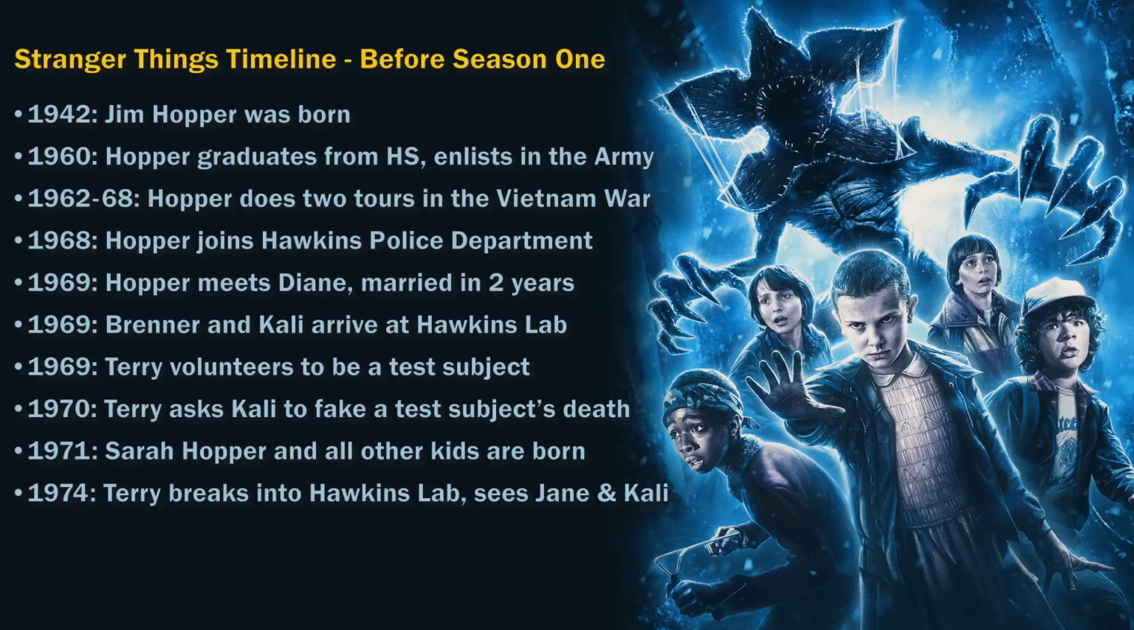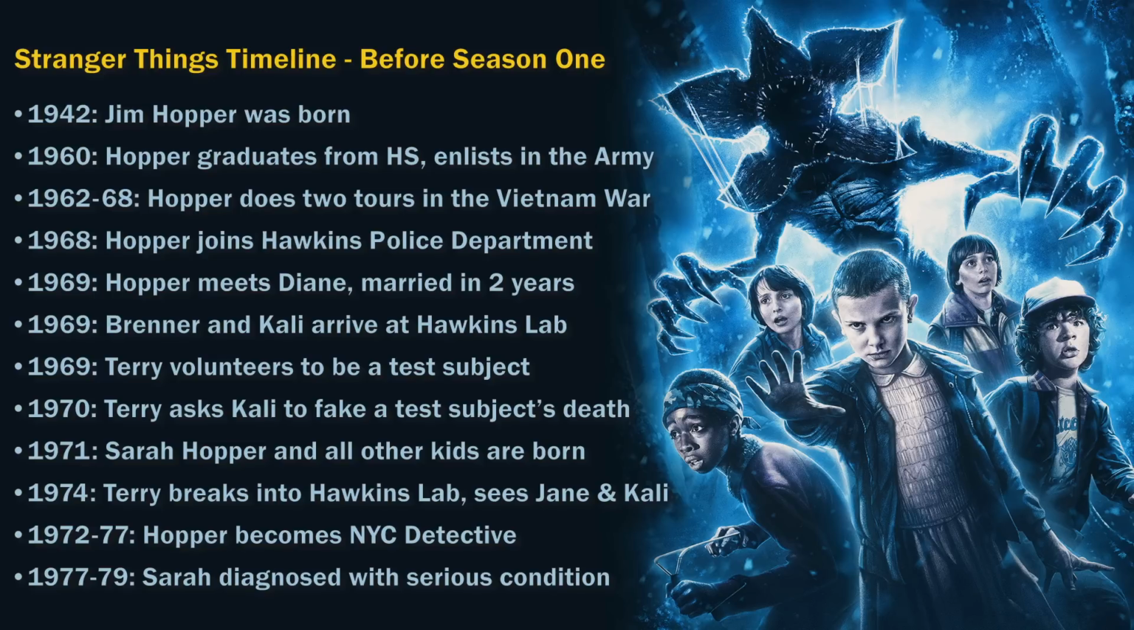In 1974, Terry Ives broke into Hawkins' lab and found a 3-year-old Jane and a 10-year-old collie playing together in the Rainbow Room, before Terry was captured and taken away to get her mind scrambled. Hopper was a detective in New York City from 1972 to at least December 25, 1977. But what happens to Hopper between 1977 and 1979 is the greatest remaining mystery for us,